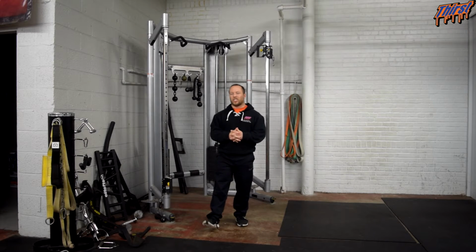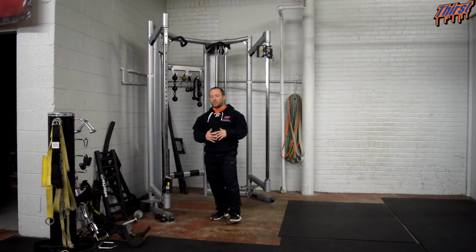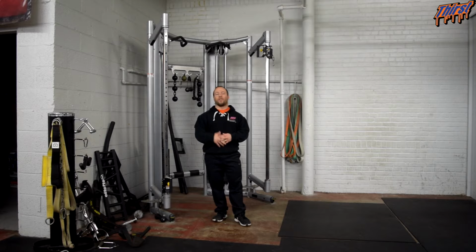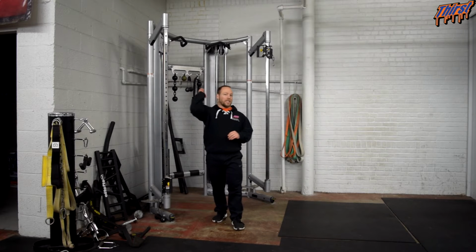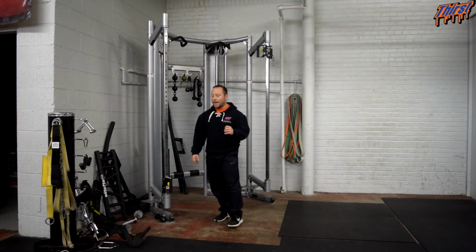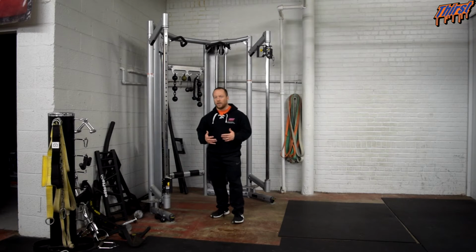Today we're talking about an exercise called the split stance low cable row. This is a great horizontal pulling upper back exercise, very easy to implement and great for anybody that is a poor mover or an in-season athlete who spends a lot of time overhead, like baseball, volleyball, softball, anything like that. This is great because we're going to work in the opposite direction to get some benefit for that